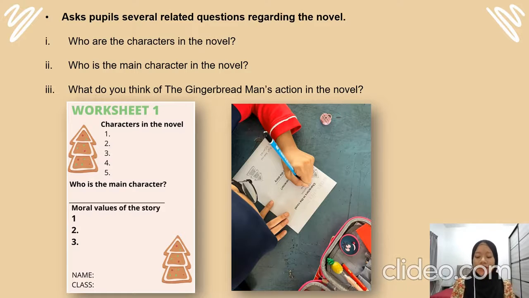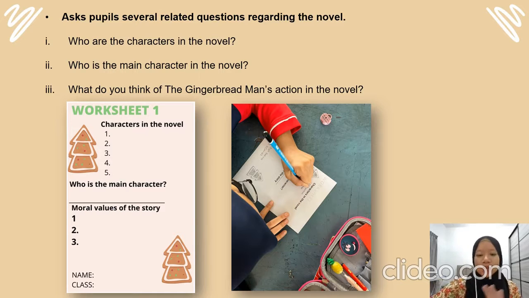So in that sense, I can elicit their answers, where they get to give me my expected answer, which is such as they will say that, oh, the gingerbread man always runs, he always runs away. So that's the expected answer. And then I would ask them about the verb run. Okay, what they actually understand about the verb run. Can you show me how we run? So they will show me how we run. So that's basically how to get an idea before we proceed to the main activity, which is about the alternative